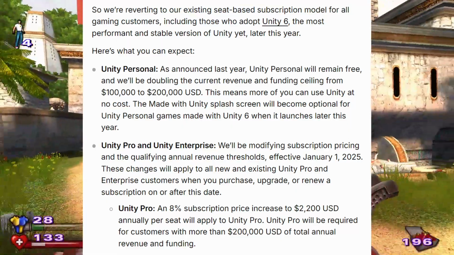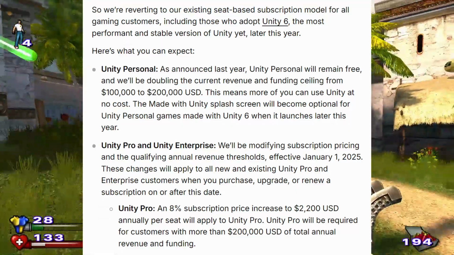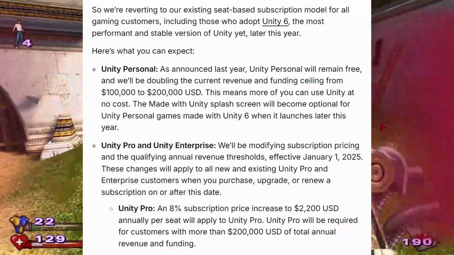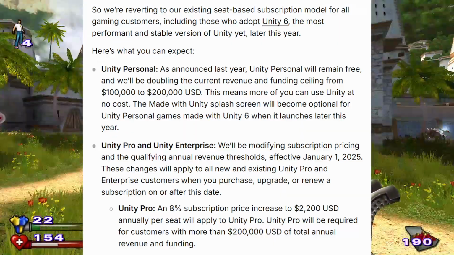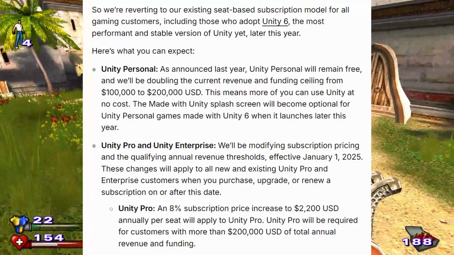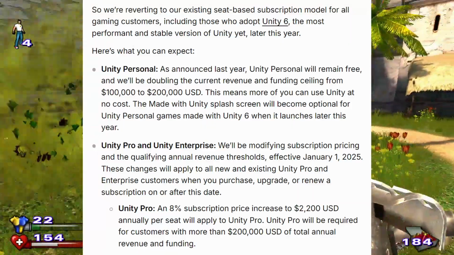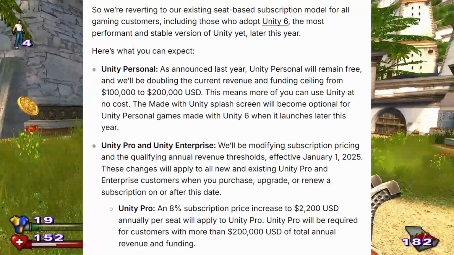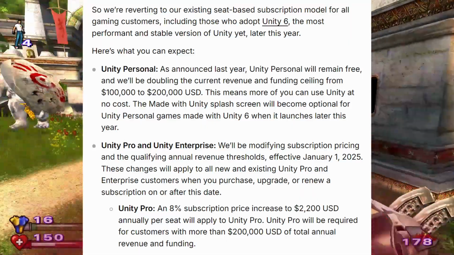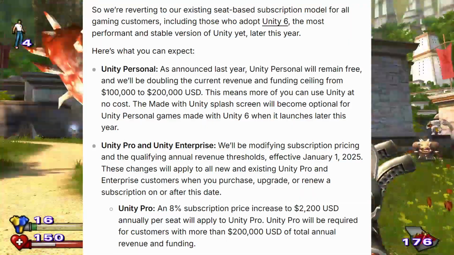Now for Unity Personal, it's actually a lot better. There's no price increase for Unity Personal, of course it's always going to be free. In fact, there are actually improvements to Unity Personal. If you've been keeping up to date with Unity and the runtime fee, you probably already heard about these changes last year, but for those of you who didn't know,